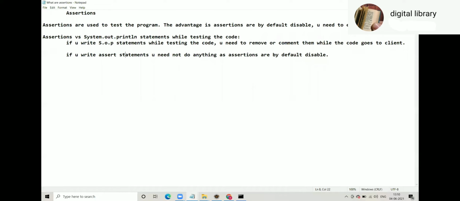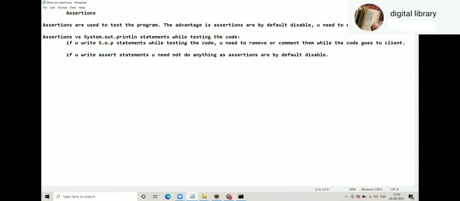You don't have to comment or remove those assertion statements from your code. You can keep your code as it is with the assertions, and client will run that code without even knowing that assertions are there in the code. So that is the advantage of assertions.